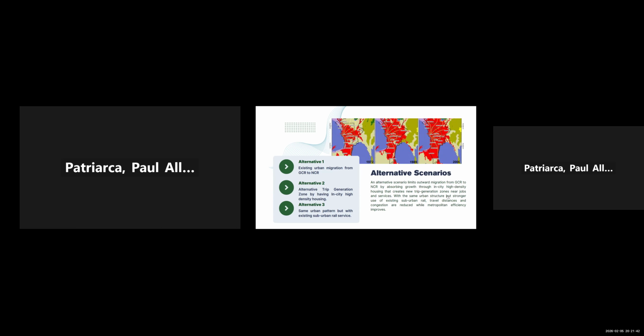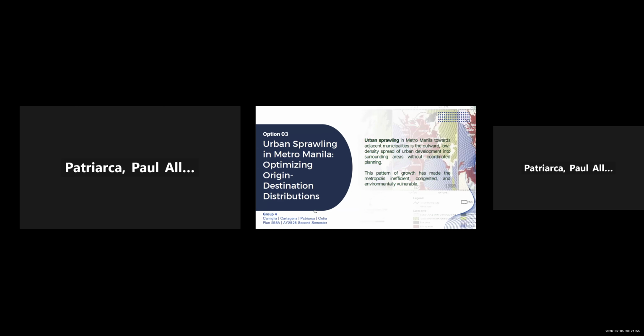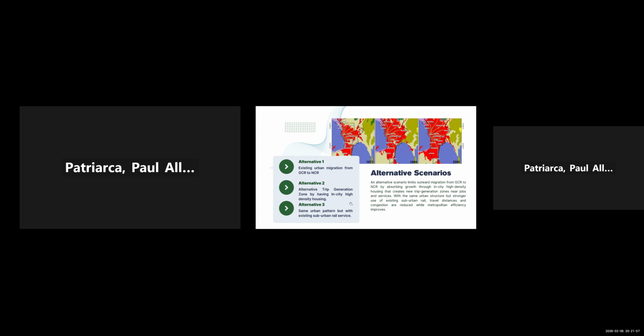If yes, by how much? Is it a better solution than having in-city high-density housing? And I think another alternative that can be applied here is the same as the previous topic, the staggered work scheduling, or previously mentioned, the flexible work arrangement. Would it reduce the demand as well?